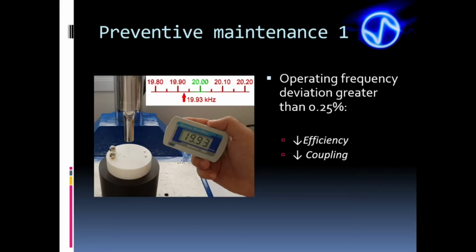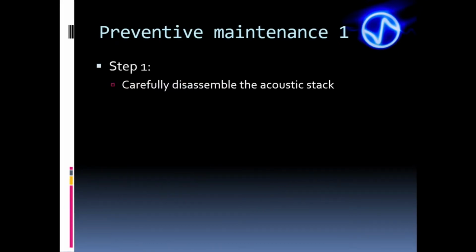Otherwise, the low efficiency will cause the stack to heat up, accelerating the degradation of the interface and the frequency deviations, which can generate more serious problems such as generator overload or burning transistors. But what can we do to deal with this problem? The first step is to perform Preventive Maintenance 1 to restore the interfaces, restoring the coupling and correcting part of